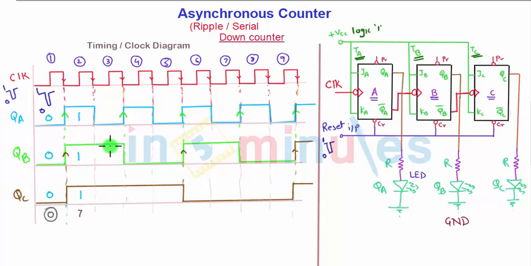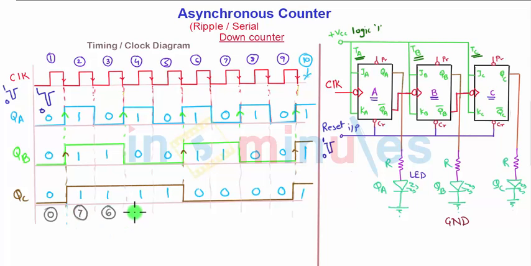And we have to observe QC, QB, QA because we have made the table based on QC, QB, QA. So QC, QB, QA will be 1, 1, 0, 1, 0, 1, 1, 0, 0, 0, 1, 1, 0, 1, 0, 0, 0, 1, 0, 0, 0. And for the 10th clock cycle, which I have not drawn here, this will be the 10th clock cycle. This will be 1, 1, 1, and if you identify the states, it will be the 7th state,